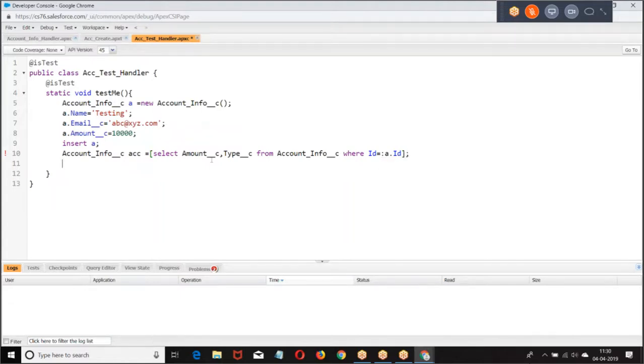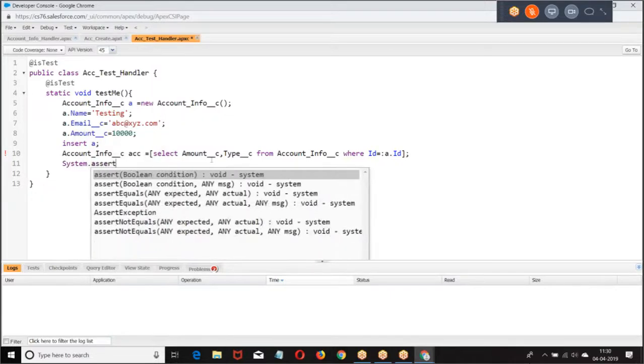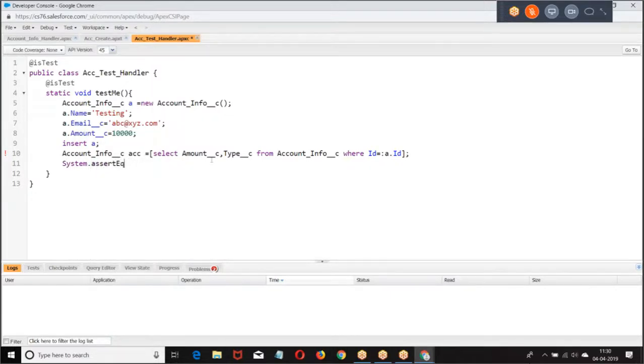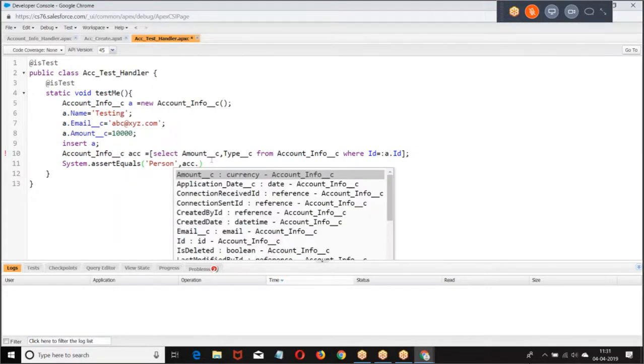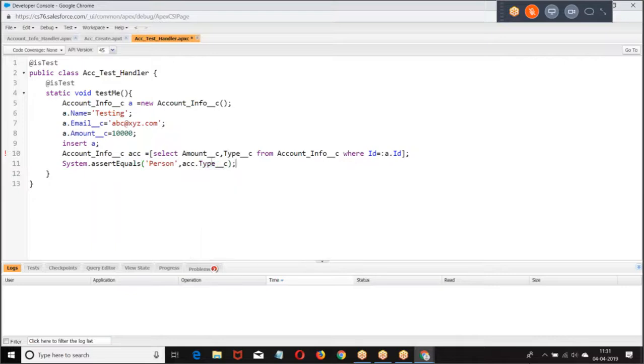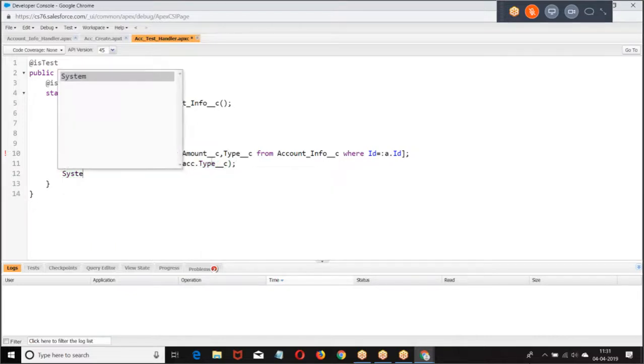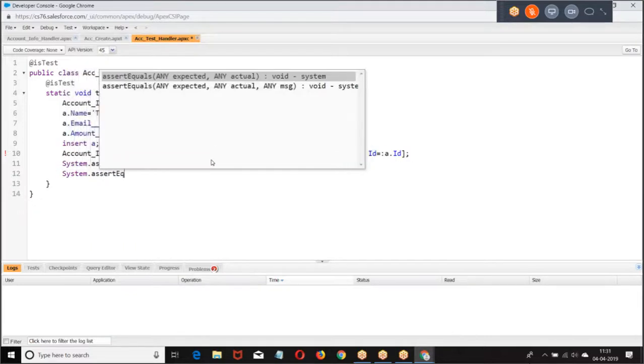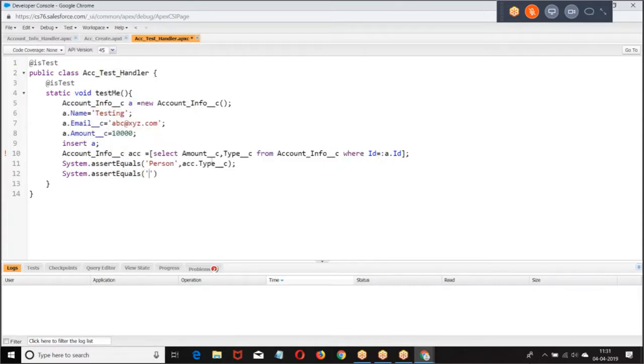Then what we are doing? System dot assert equals, assert equals.